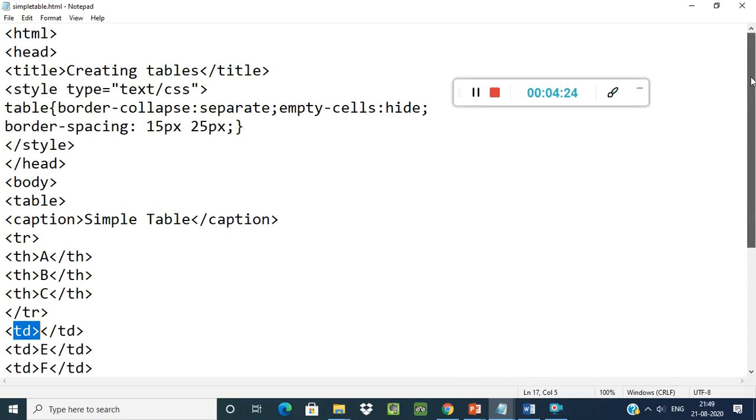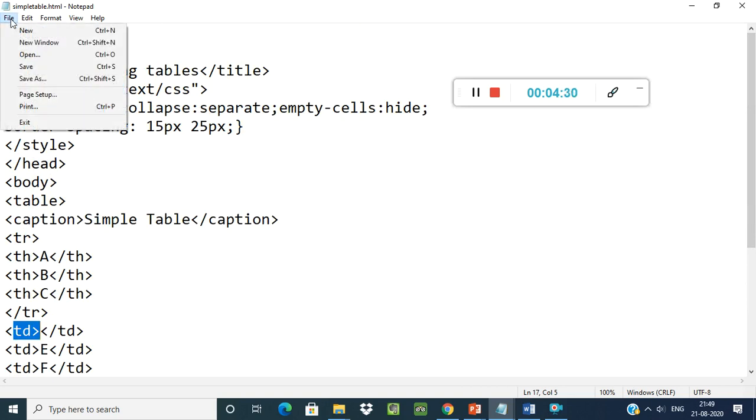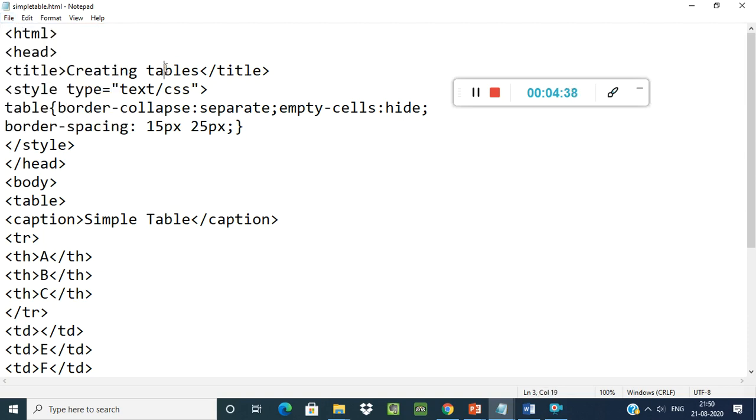Now we'll see the output of this program. After typing the program, go to File and save this file. Otherwise, the keyboard shortcut is Ctrl+S. Please save your file with the .html extension.